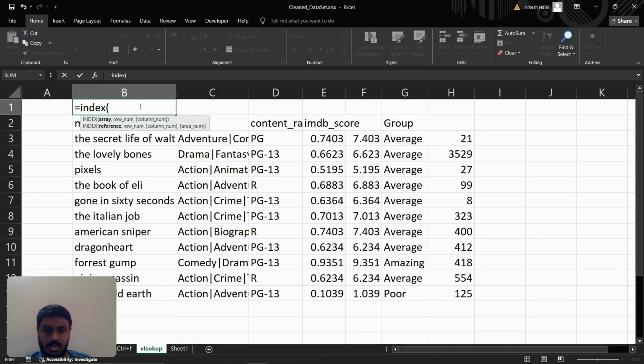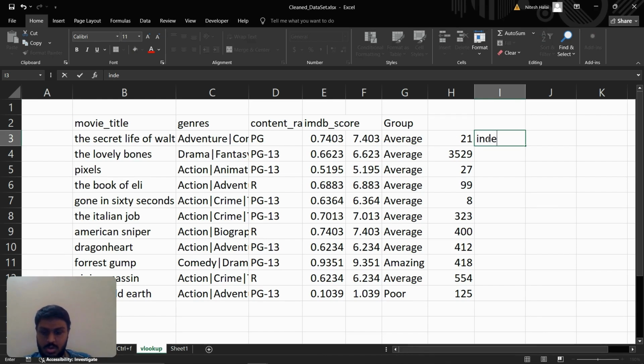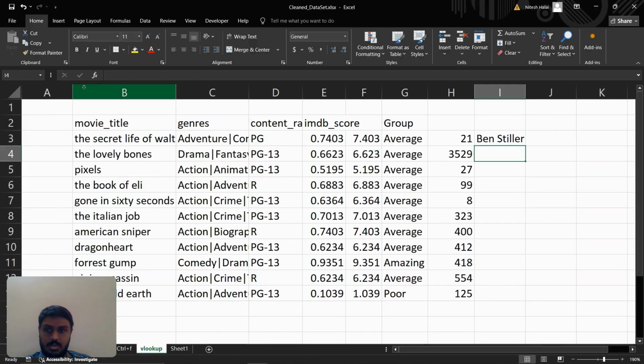So it returns the value of that row number. So let's say if we were to write this formula, index, and then we choose the array as column A, and then we want to return number 21, because remember that's where the position of the movie was. So what it will do, it will return the director, the value of that column in that particular row. So now if you combine the two formulas,